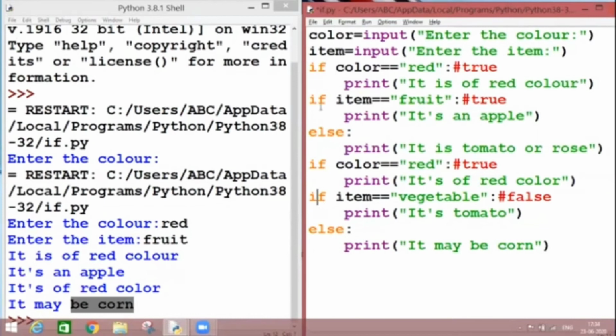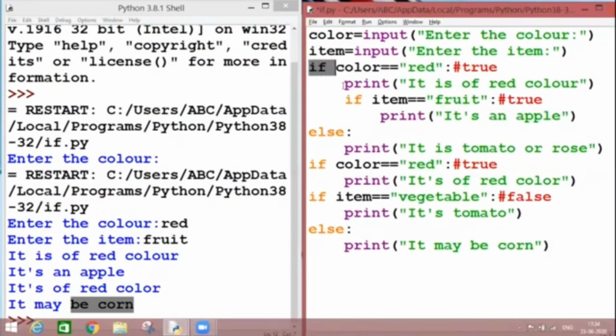Now let's modify some of the things. I want to enclose this inside this if. That means inside this if, I have enclosed my second if. And because this else is part of my inner if, it will run along with this only.